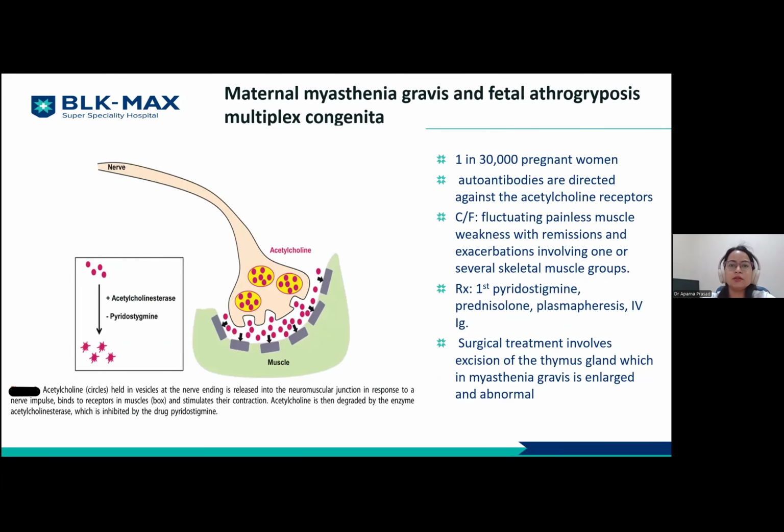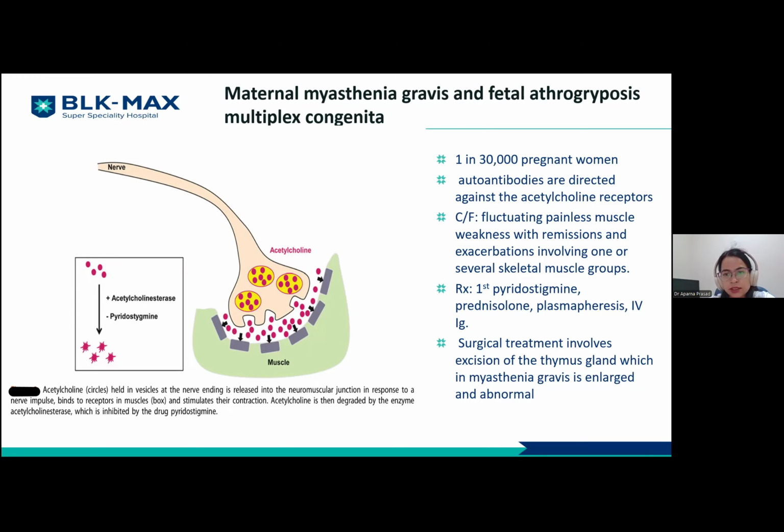Third is maternal myasthenia gravis and its two presentations: transient neonatal myasthenia gravis and fetal arthrogryposis multiplex congenita. Basically, it is found in 1 in 30,000 pregnant women. Autoantibodies are directed against the acetylcholine receptors. In the diagram, we can easily see the acetylcholine receptors. They are released at the neuromuscular junction after the nerve impulse, and they bind the muscle and cause the